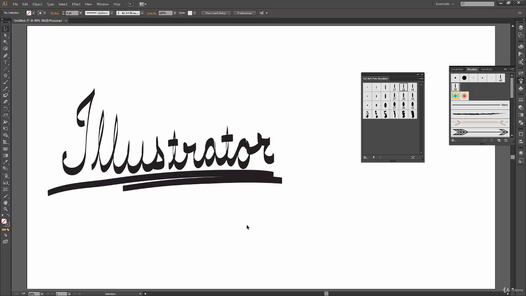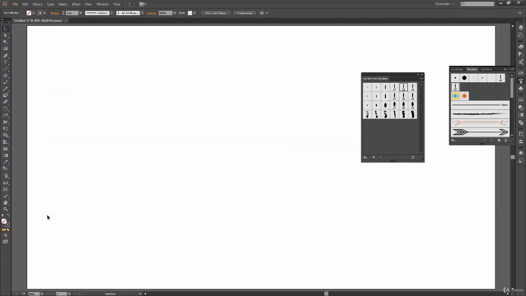So if you want to write something which is your own handwriting and you want a calligraphy kind of look, then you can use this kind of brushes. But again, you need to have a graphic tablet for this one. If you're drawing with mouse, then it will still work, but the only thing is it will not register your pen pressure. Okay, so that's the only library I wanted to cover for pressure sensitivity.